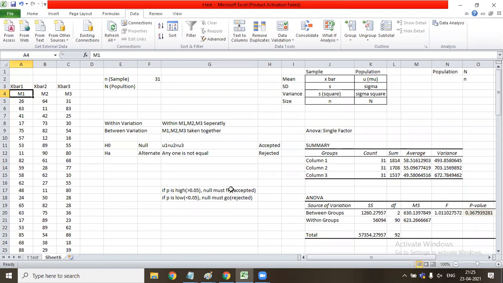Every test that we conduct has an alpha associated with it. Alpha is the error rate associated with it. If I conduct multiple t-tests here, this alpha will not be 0.05, it will be 0.10, 0.15, 0.20. It will keep on increasing. We can do that: x bar 1 and x bar 2, one t-test; x bar 2 and x bar 3, again one t-test; x bar 1 and x bar 3, again one t-test. But that will increase the error rate.